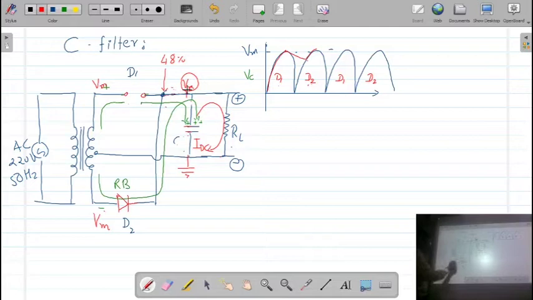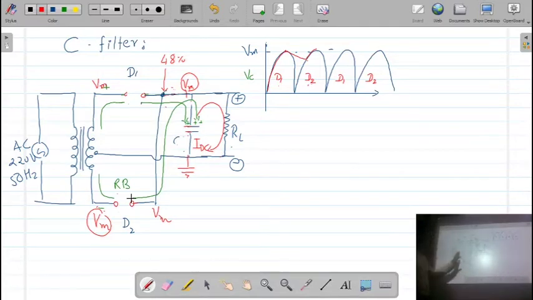So you can see on the anode the voltage is Vm, on the cathode also the voltage is Vm, means there is no potential difference across the diode D2. The potential difference is zero, means you can say the diode D2 is now in reverse bias and it is going to offer a very high resistance. Here now it is working as an open circuit.